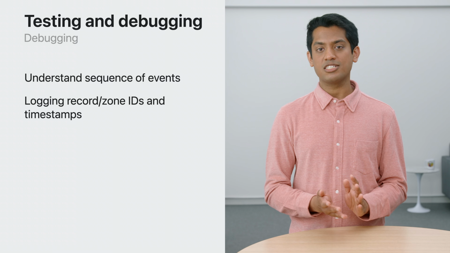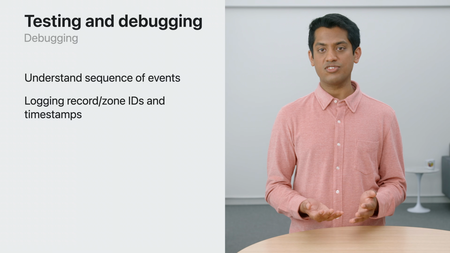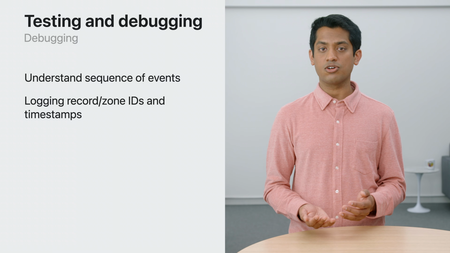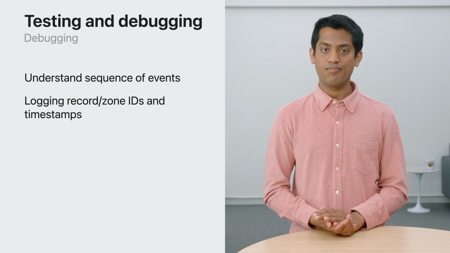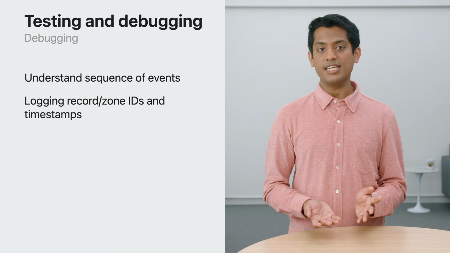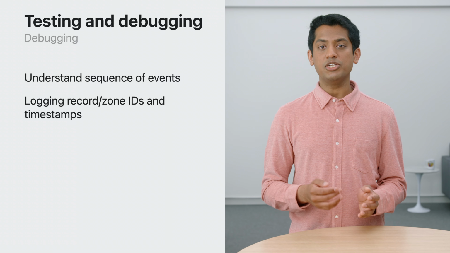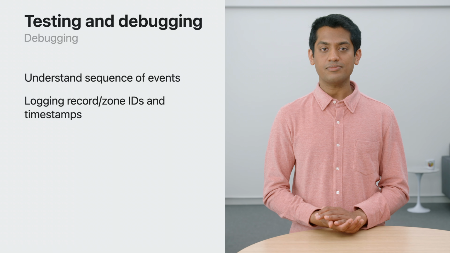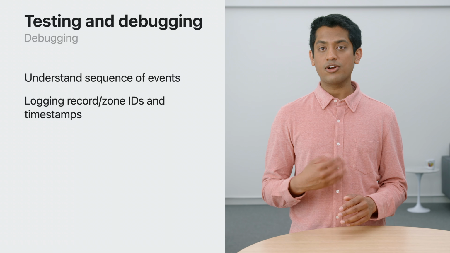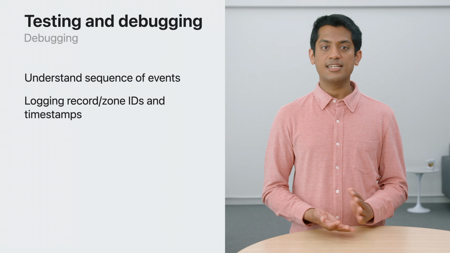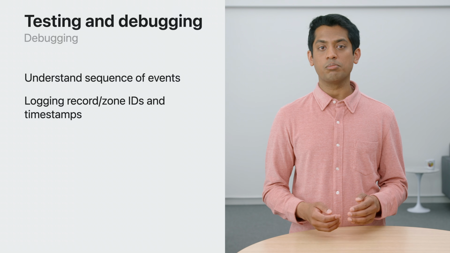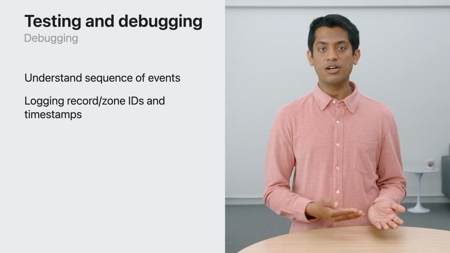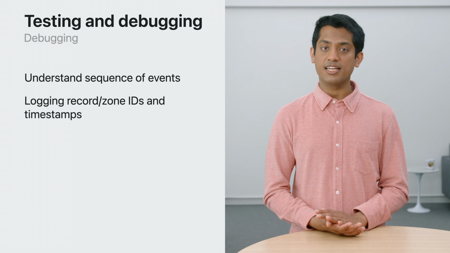Logging as much as possible when developing will help trace these flows and compare logs across multiple devices. CloudKit will log each event that you receive, but you should also log the actions that surround them in your application. Logging record IDs and zone IDs can help debug what data is flowing between a sync engine, the server, and other devices you may be syncing with.